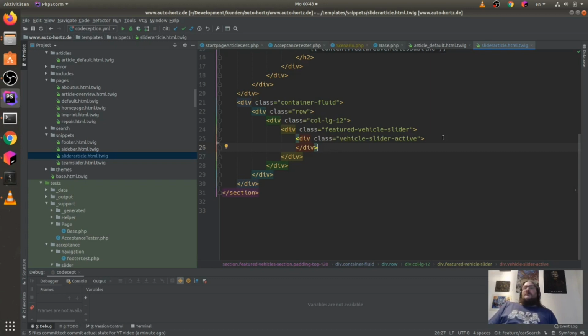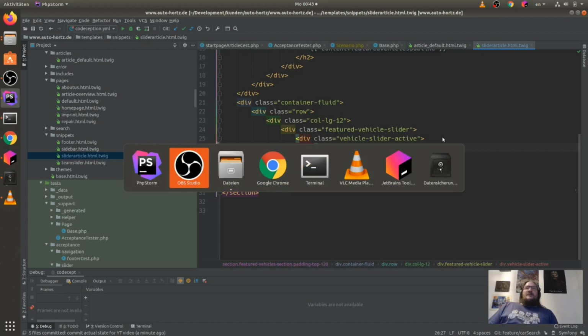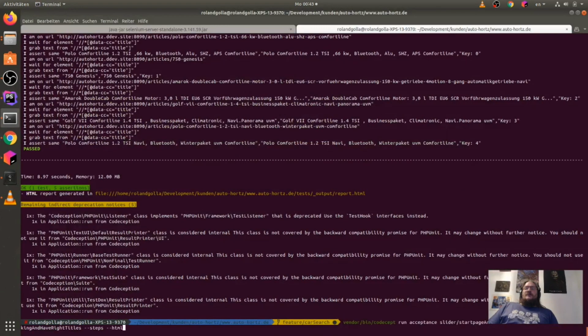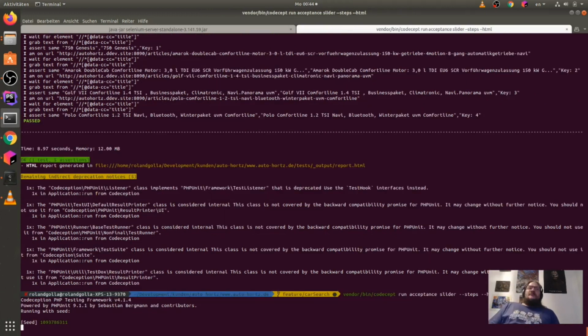And now we will just remove this here and we will run all our slide tests. And this can be a little problem. Let us check it out.